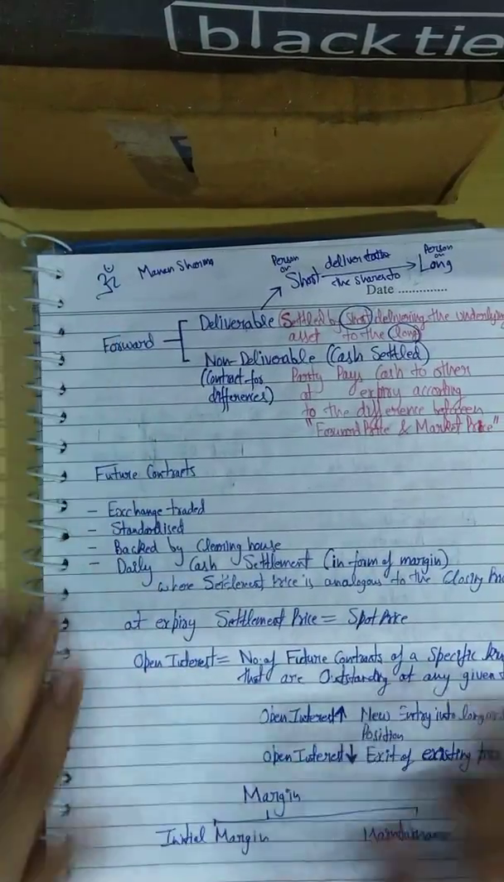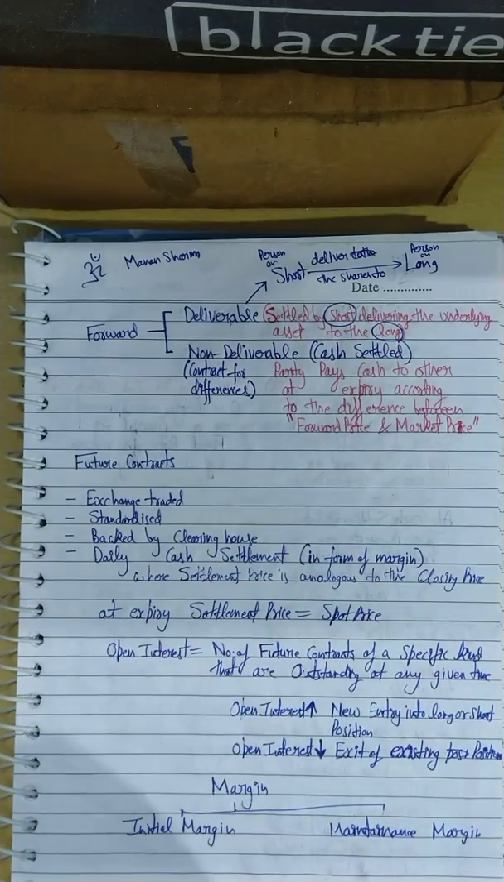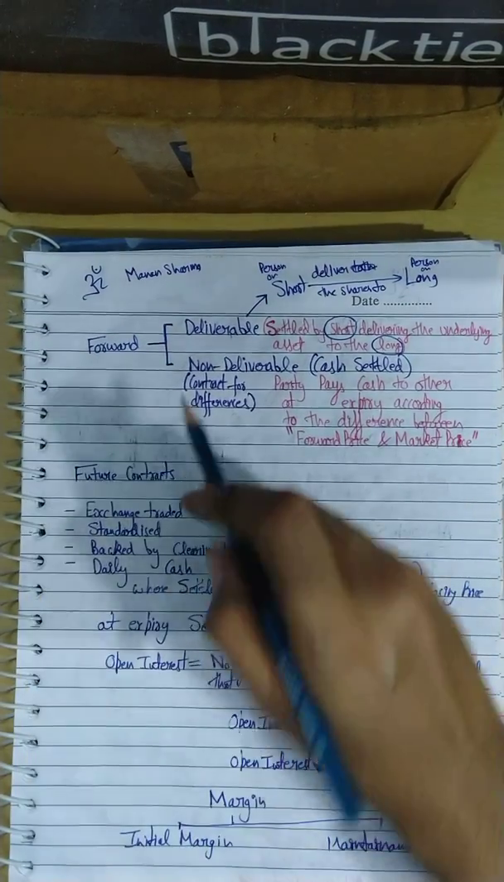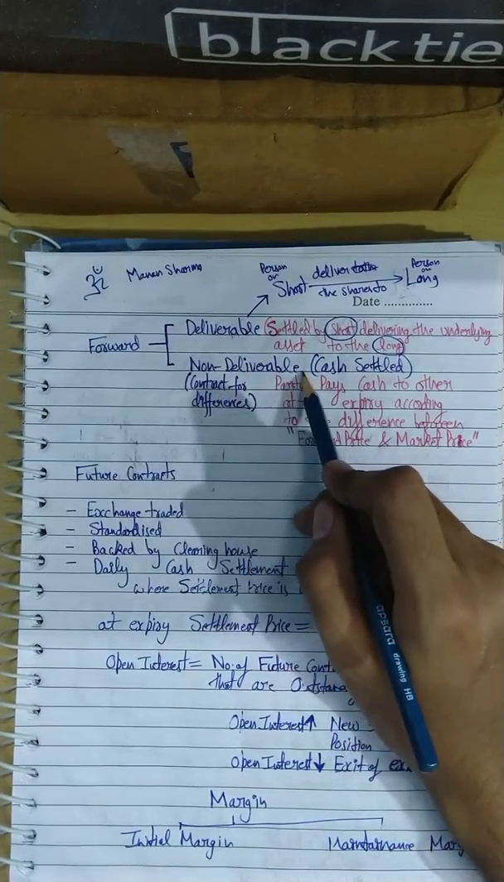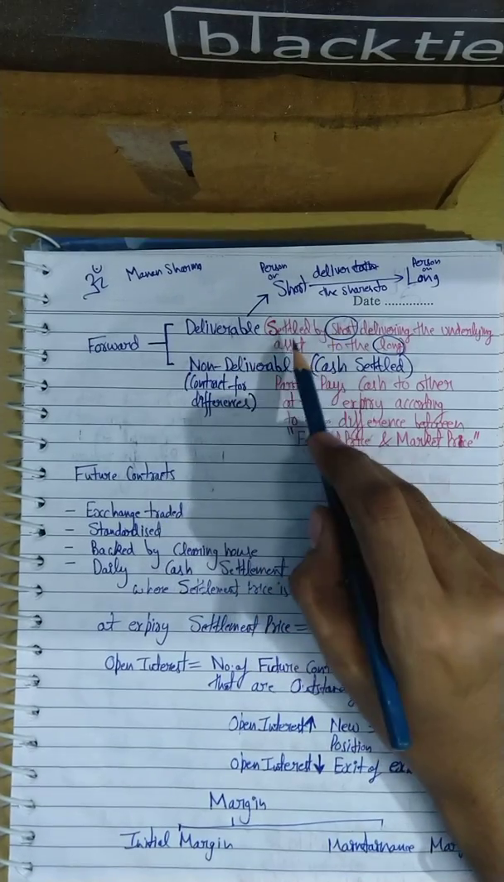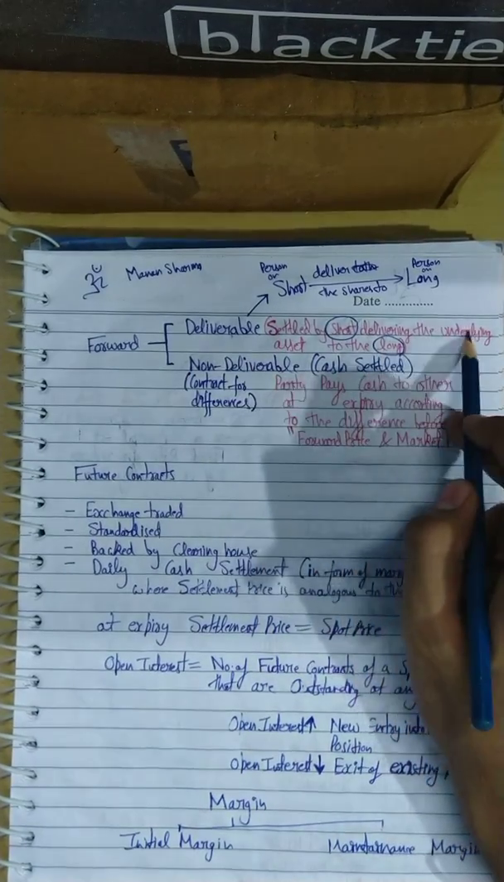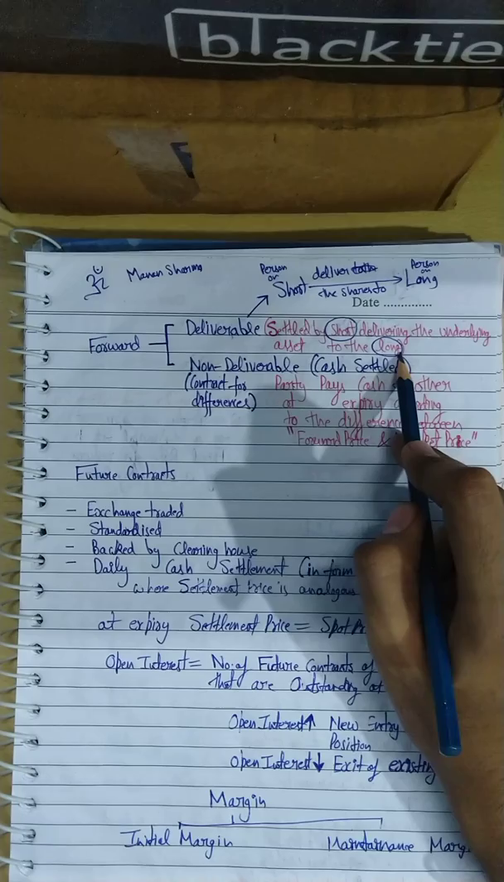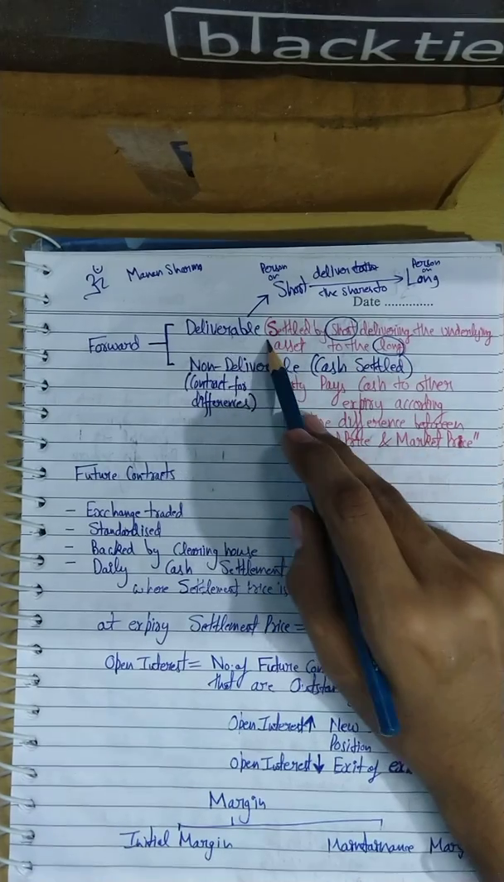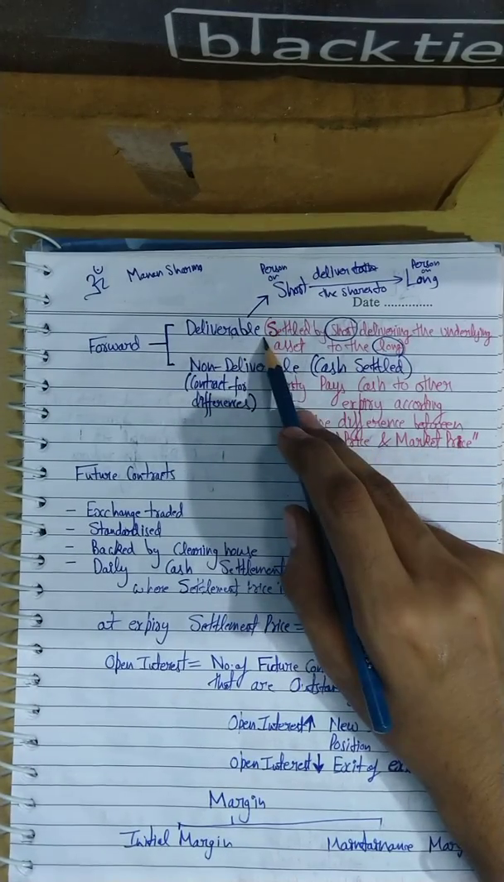Now, forwards. Forwards are deliverable and non-deliverable. What are deliverable forwards? Settled by short delivering the underlying asset to the long. What does that mean? Deliverable. If the contract